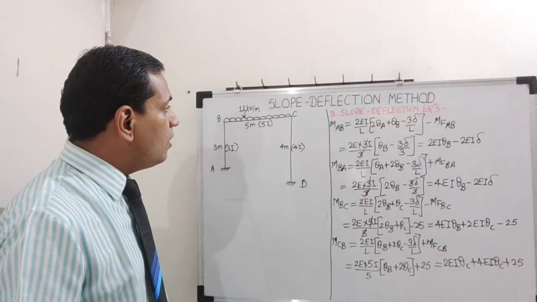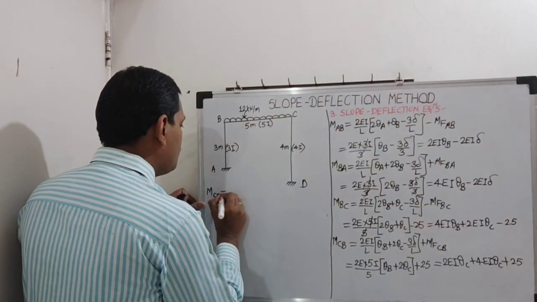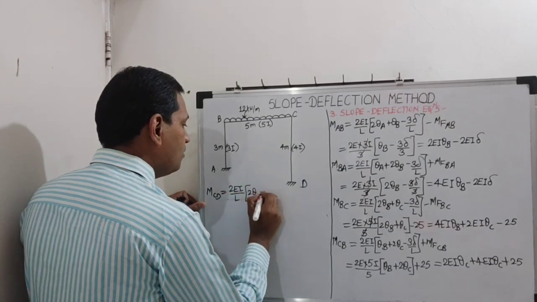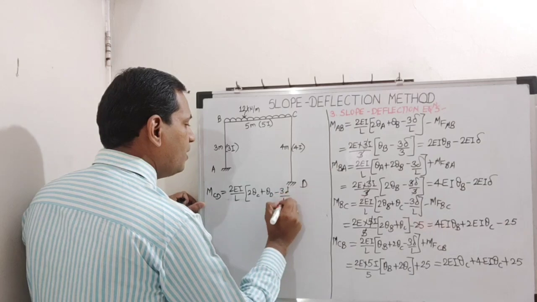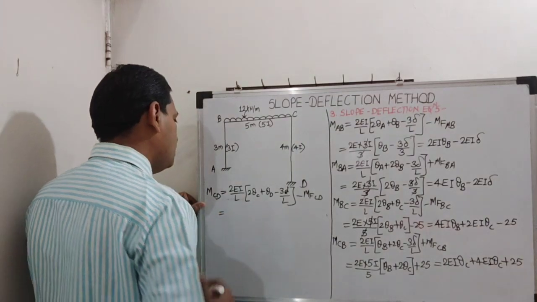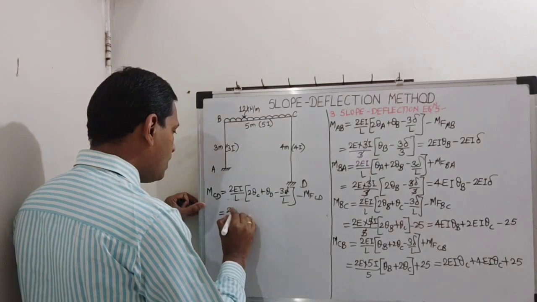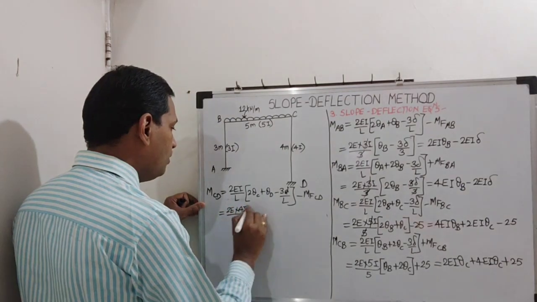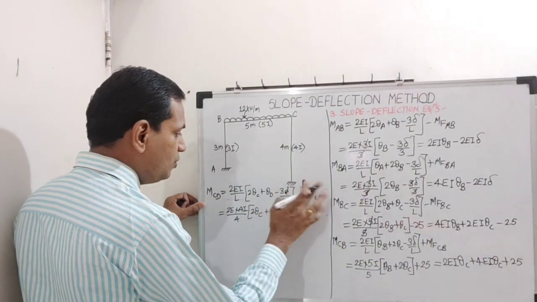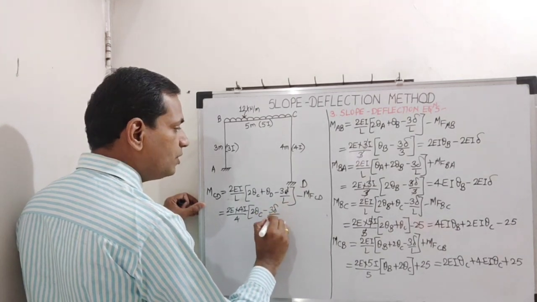So now MCD. MCD is 2EI by L into bracket 2 theta C plus theta D minus 3 delta by L plus MFCD. So I value for CD column is 4I. So 2E into 4I upon 4 into bracket 2 theta C plus theta D. Theta D is 0. So minus 3 delta by L, or 3 delta by 4,